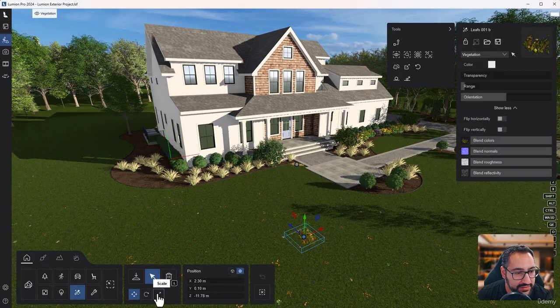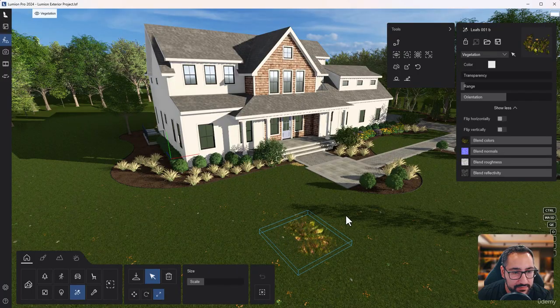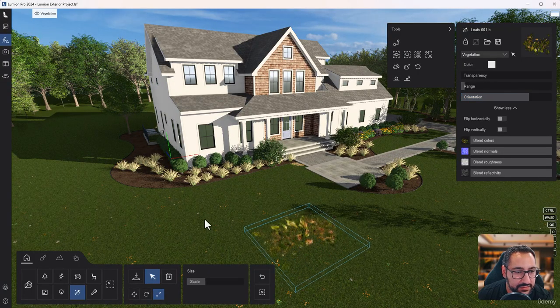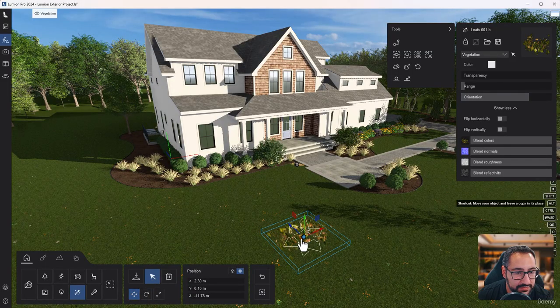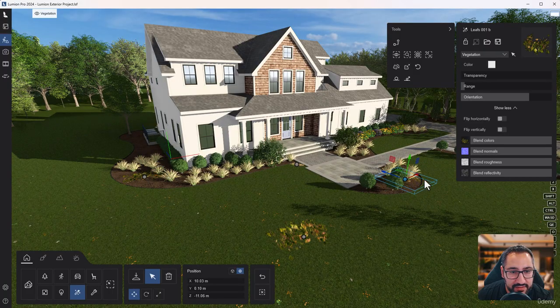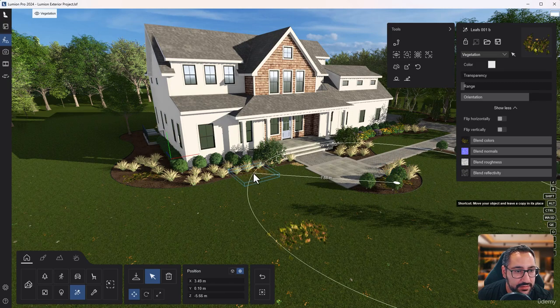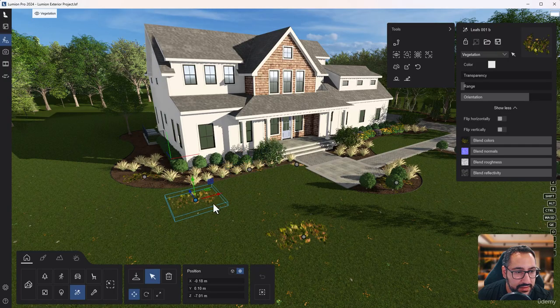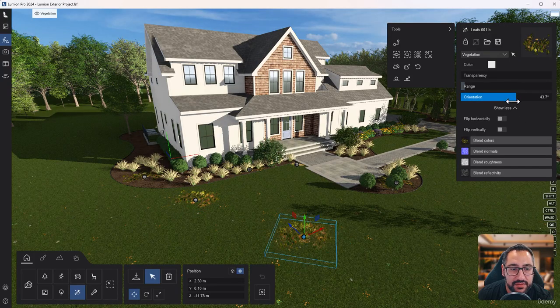And I can scale these. Okay. I can rotate them. So I'm going to hold down Alt once I switch to move. Place them over here. That's going to help break that up. Put them here. This is going to add some more realism. So it's not just all like a flat color. Okay, I'll add a couple of those, and I'm just going to keep rotating them so they're not all the same level. So now when I go back to photo mode,